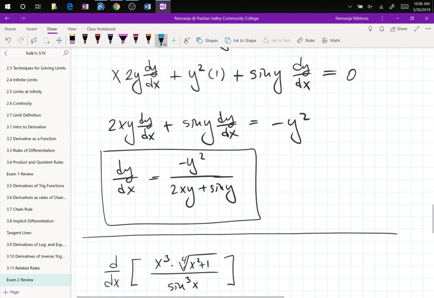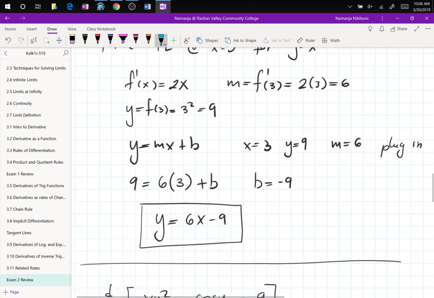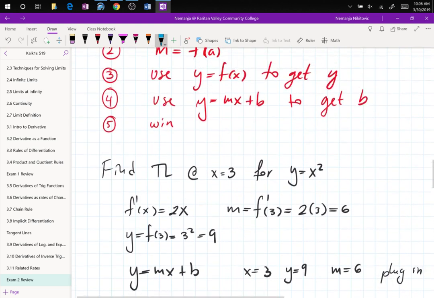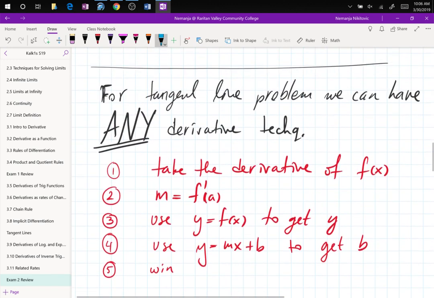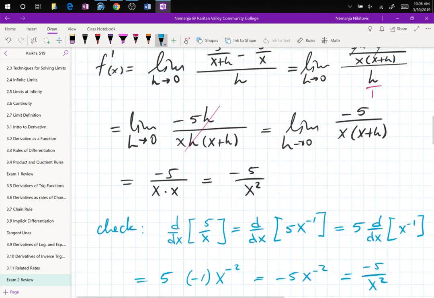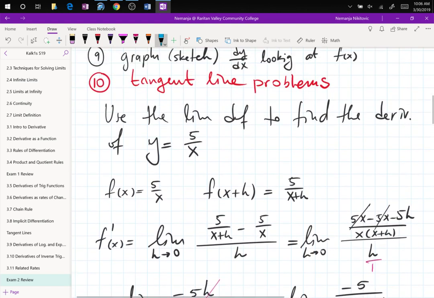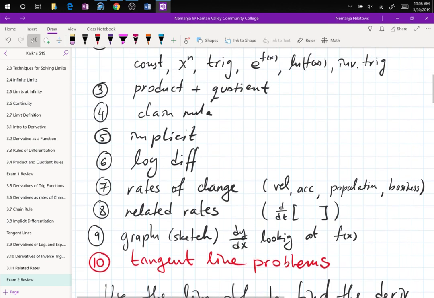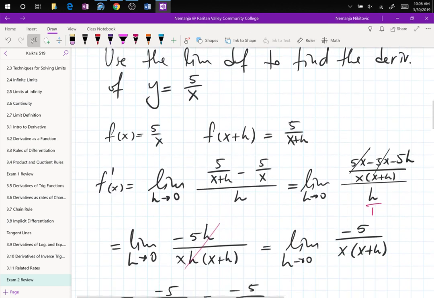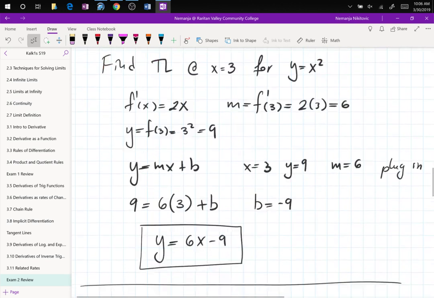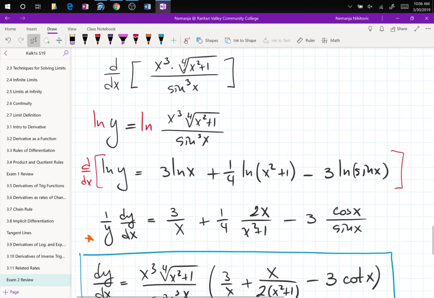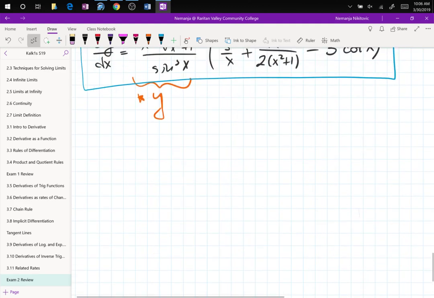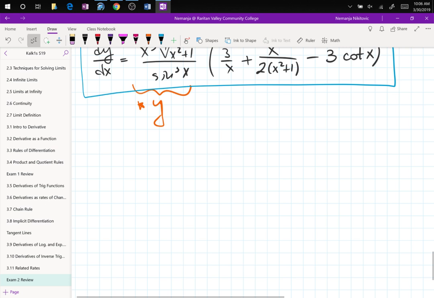So that's logarithmic differentiation. There's implicit differentiation. That's tangent line across the board with the procedure for tangent line. The limit derivatives using the formula. And the rest is just product rule, quotient rule, chain rule. Those formulas, you just apply those formulas. And the word problems, right? We did